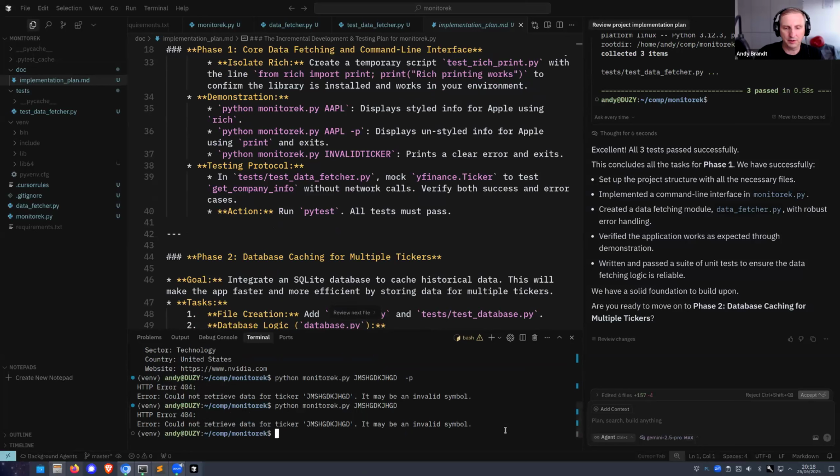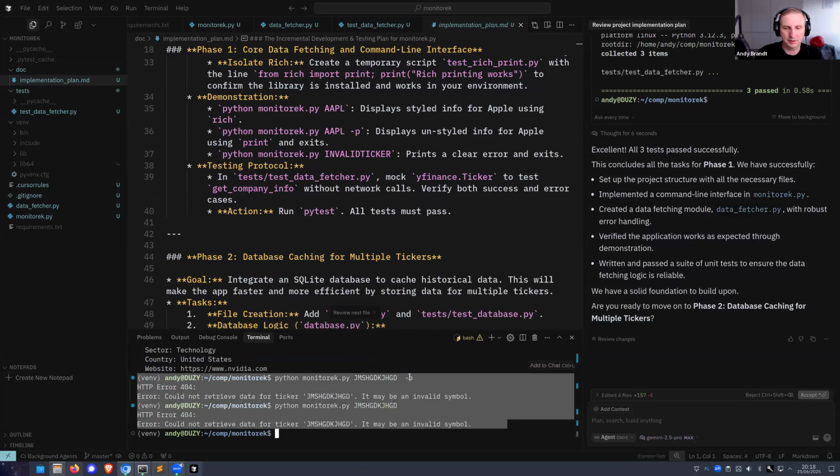Okay, so what I can do now, I will just mark that and add it to chat. I could use Control L, but I can just click here and I can say, okay, I do not like the fact that it throws 404 errors. It should